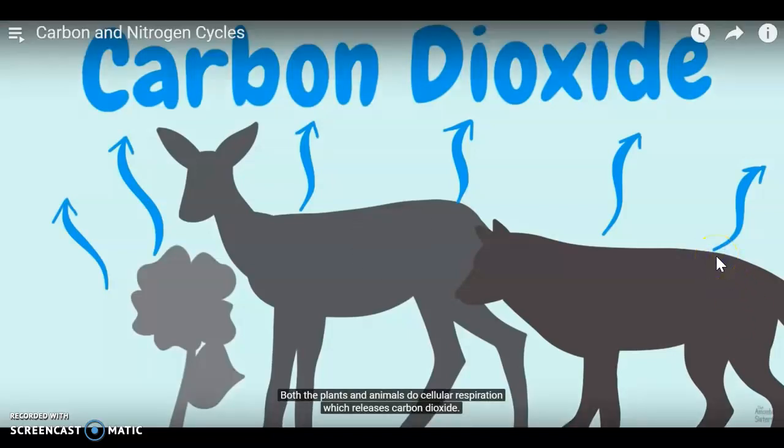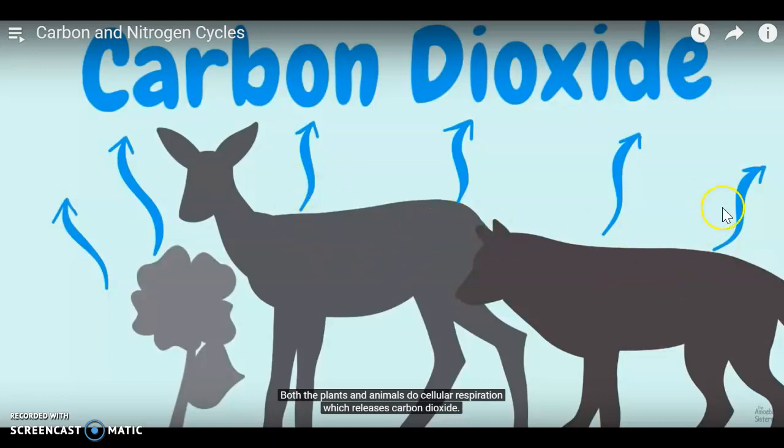Remember that photosynthesis creates glucose, and then that glucose is converted into ATP energy in our mitochondria during cellular respiration. Remember that plants and animals go through cellular respiration, but just plants go through photosynthesis. So we release carbon dioxide, that's the air that you breathe out, and so do other organisms like this deer